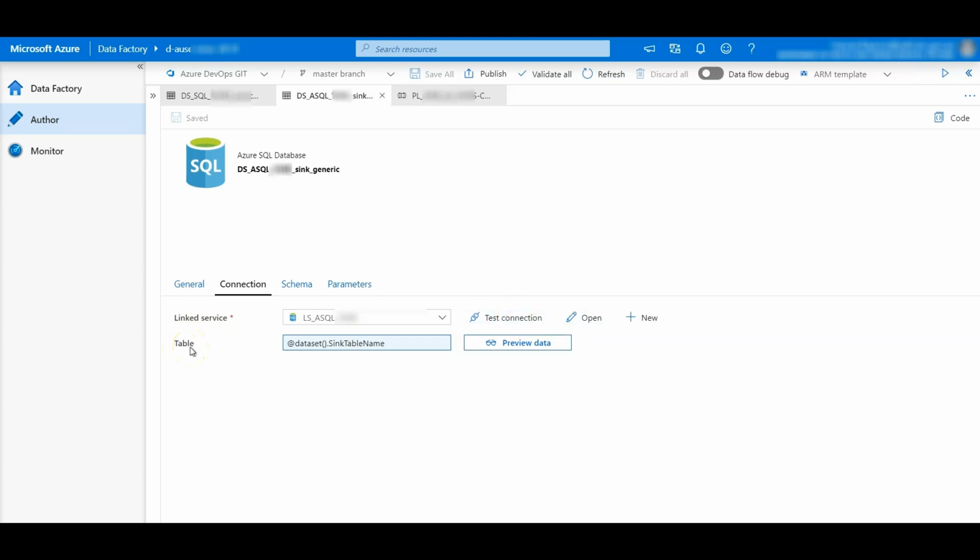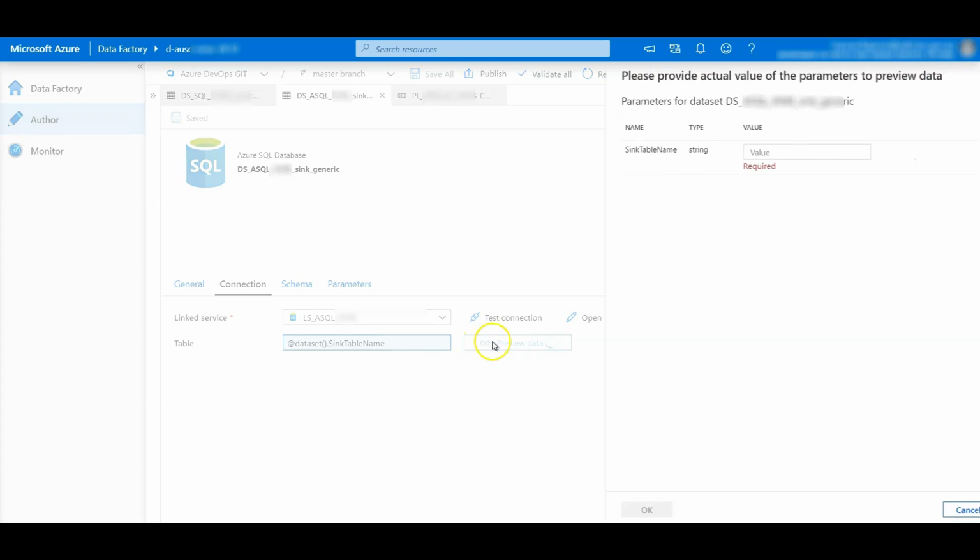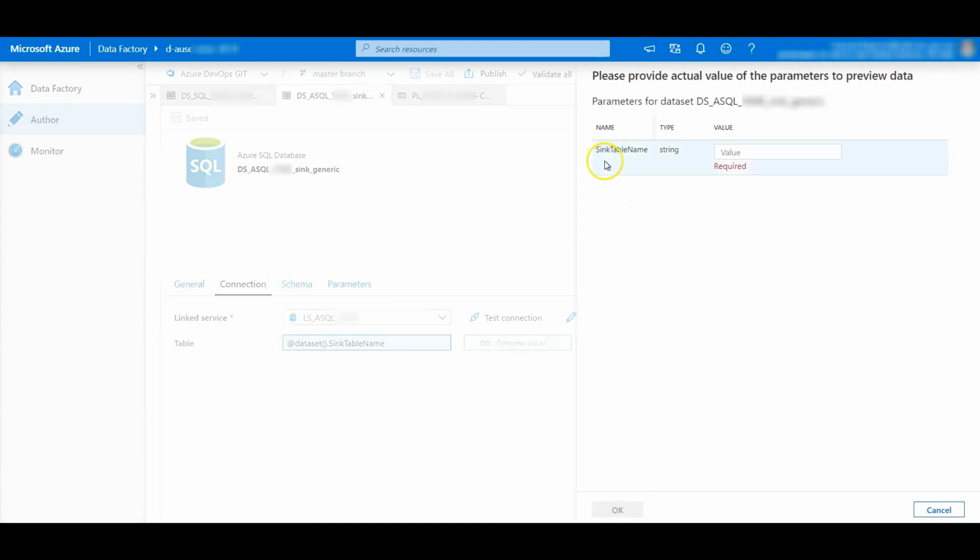Then in the table tab, I have defined @dataset().sink table name because this data set is the sink dataset or the target dataset. Now if I click preview data here, I'll again get a similar kind of parameter, sink table name, and it is again asking for the target value of the table.